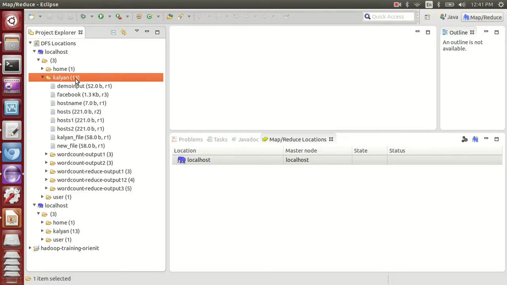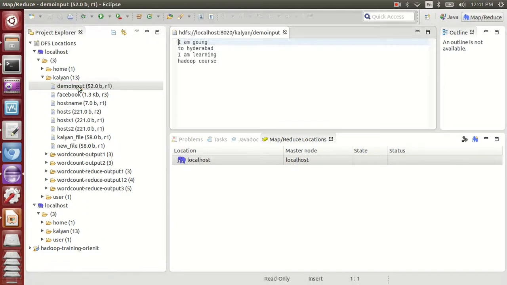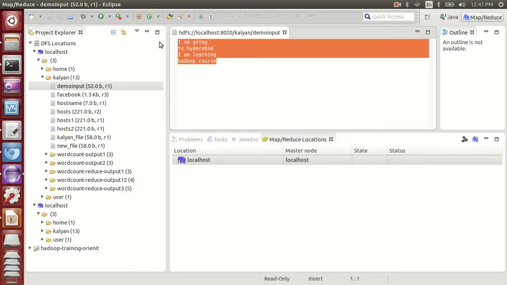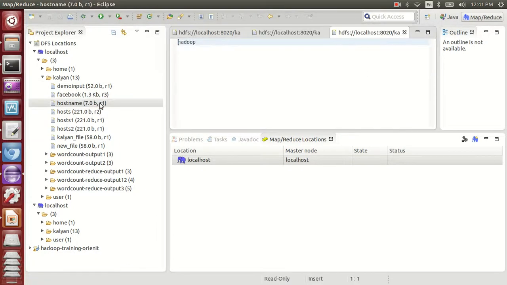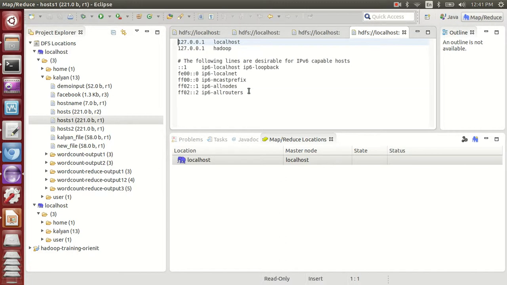Now suppose I want to download this data, or I want to open this file source, it opens. I'll click on this one and I can read it. If I click on this one, I can see it. If I click on this, I can see it. So let's say I want to modify this file, whether it is modifiable or not. These other things you can also verify.